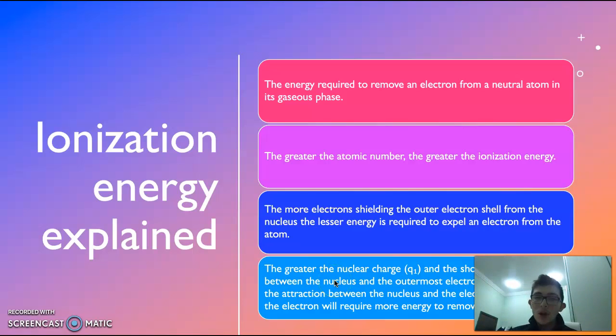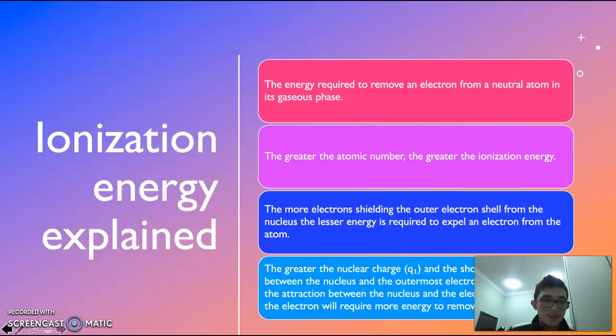Now, in terms of Coulomb's law, the greater the nuclear charge and the shorter the distance between the nucleus and the outermost electron, the stronger the attraction between the nucleus and the electron. As a result, the electron will require more energy to remove. Now, if the atom is smaller and has a greater nuclear charge, then it will require more energy to remove